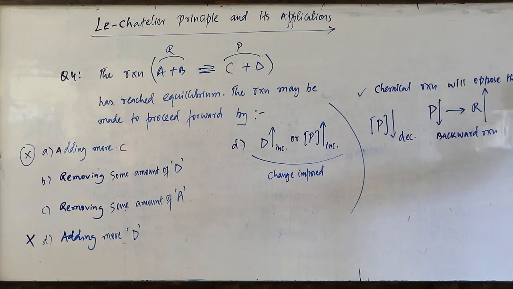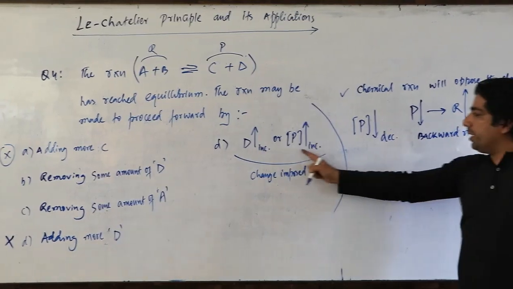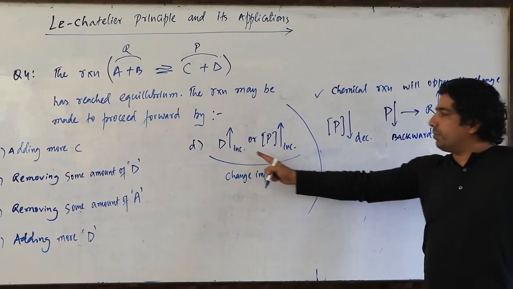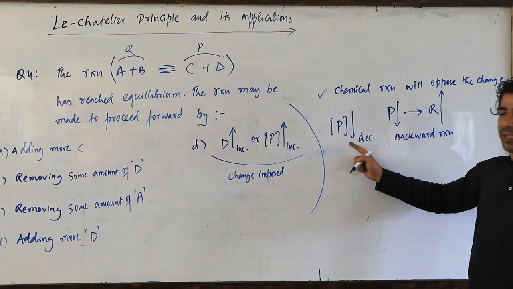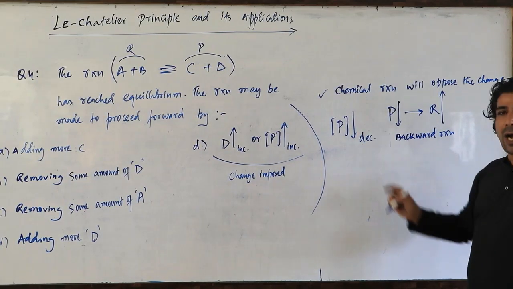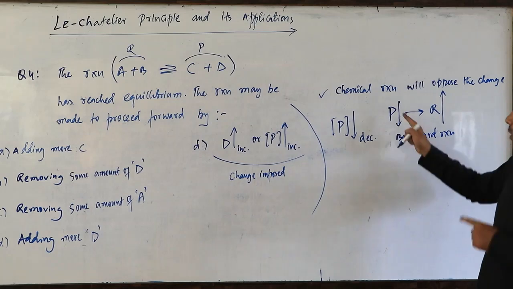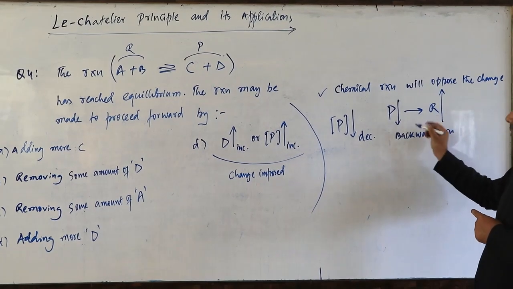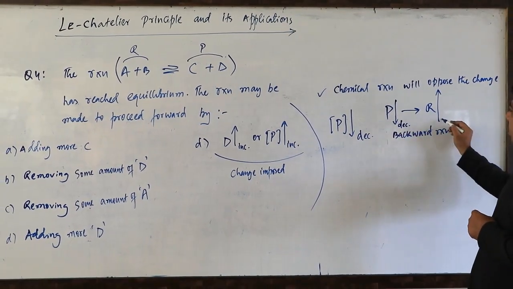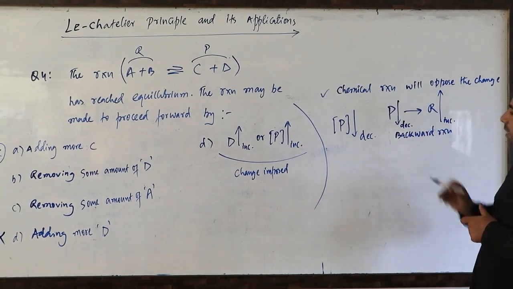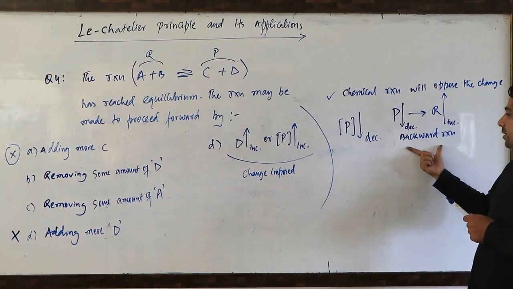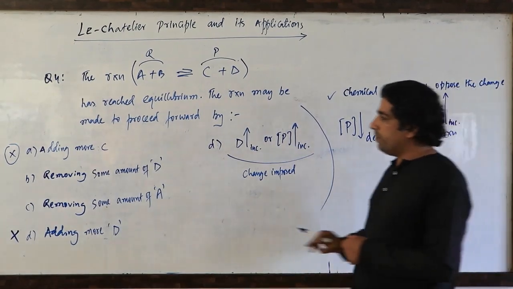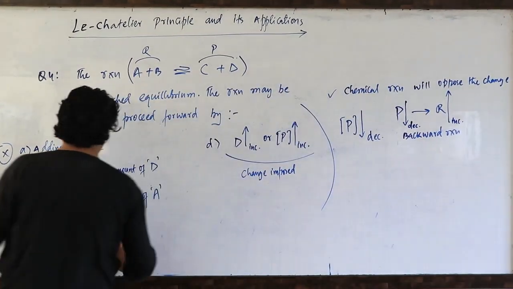Oppose the change. Here we are increasing the molar concentration of product, that is D. Here the D has to decrease, and D is nothing but your product. How to decrease the product? When product will change into reactant, product will decrease and reactant will increase. So product is decreasing here. And when product is changing into the reactant, which reaction is this? Backward reaction. So this will also favor the backward reaction.